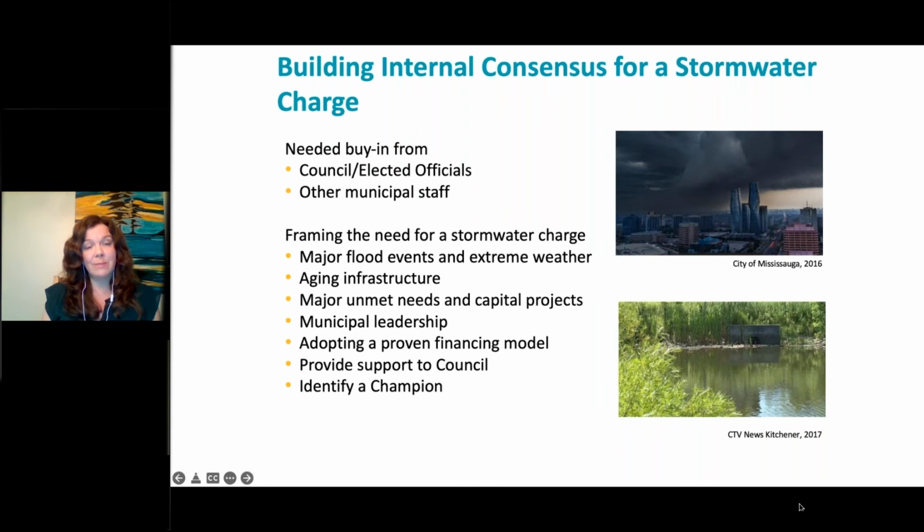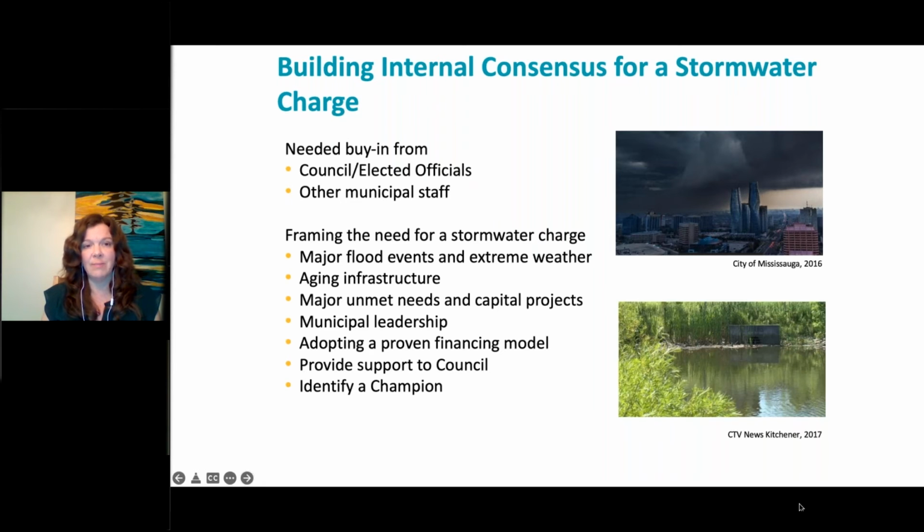A really important piece in developing our user fee was building internal consensus. We needed buy-in from our councillors and our mayor, as well as other municipal staff too. This was a very cross-divisional project that involved a lot of different teams, not just the stormwater team. There are some different ways we did this, and a lot of this is how you frame the issue and frame the need